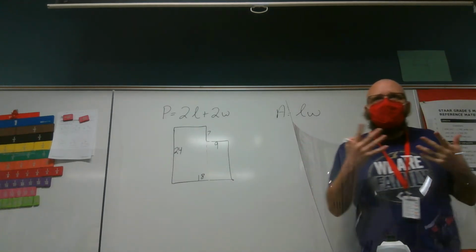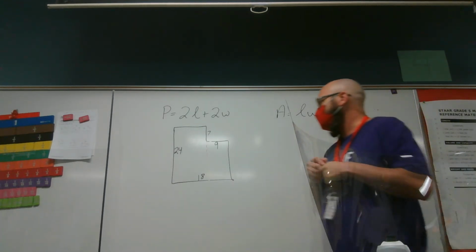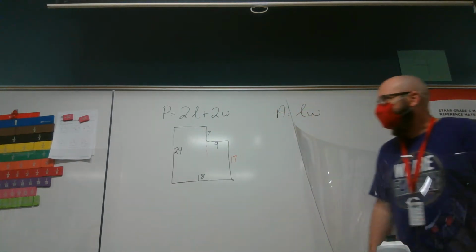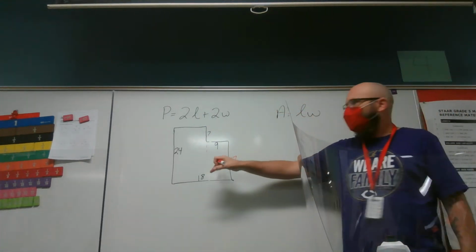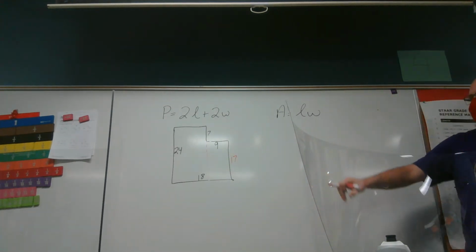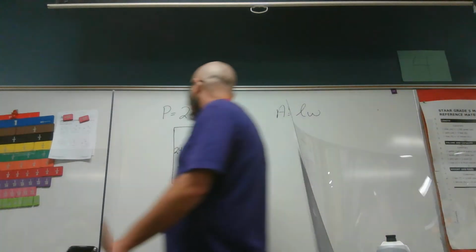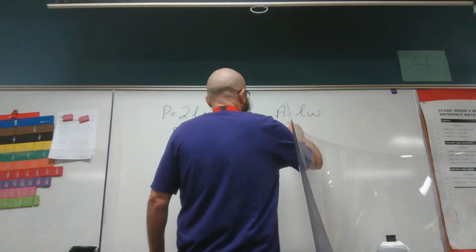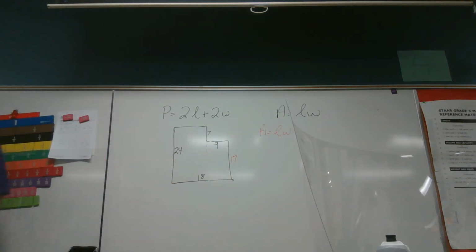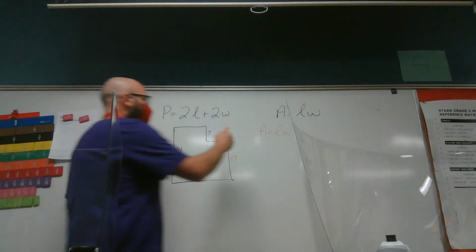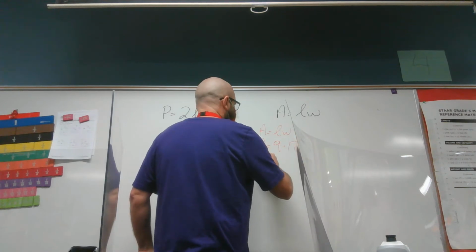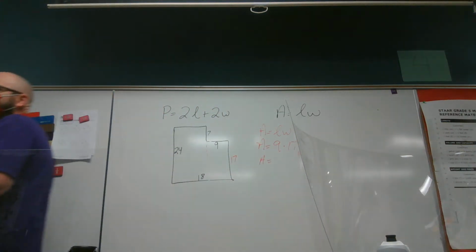Anyone? Gage? 17. I'm going to say this side is 17. So I could find the area and perimeter of this smaller rectangle now. I've got my formulas. Area equals length times width. I know my length and width. They're 9 and 17. So area equals 9 times 17, and the area equals,